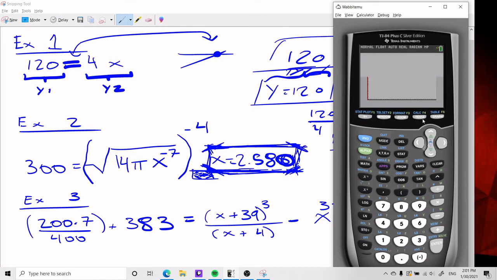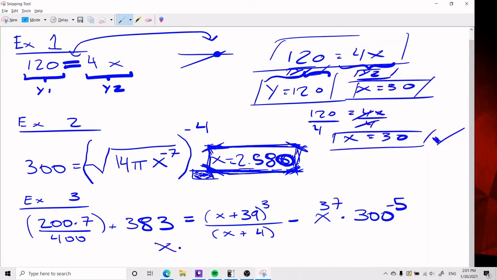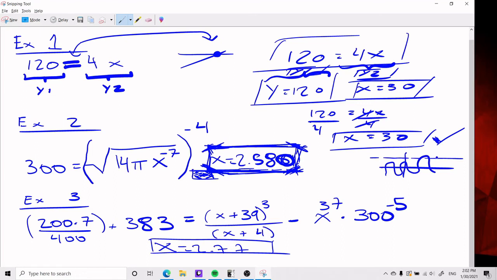So we go second calc, intersect, first curve, second curve, guess. Bada bim, bada boom, we get a value. X equals 2.77. And so, this last example, and the second one as well, actually, it's a little different because the graph was probably like something like this, or there could have been more than one intersect. So I'm not showing all the intersects here,